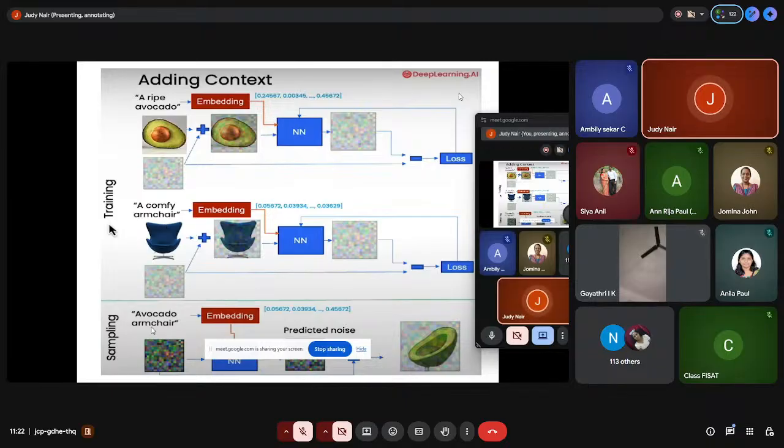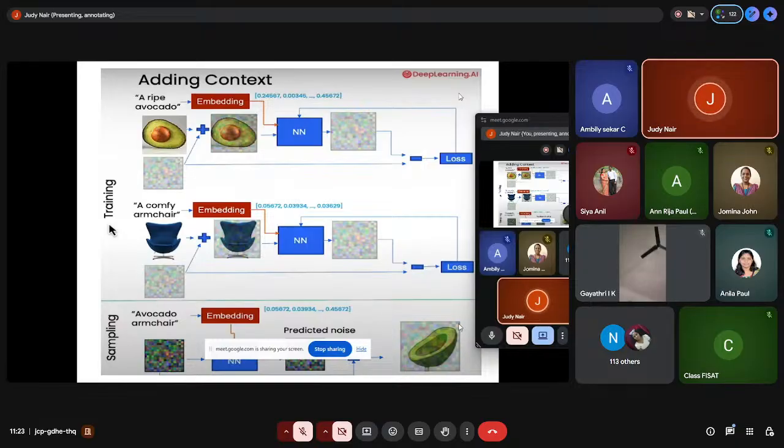Then in the sampling, this is done in the training. During the training, you do like this. In the sampling, if you give avocado armchair, it can bring in something like this, because it knows what information is to be fetched from both, what is important. That's why I said in the case of stable diffusion, it uses multi-attention. When you give an avocado armchair, it knows what features correspond to avocado and what features correspond to armchair.